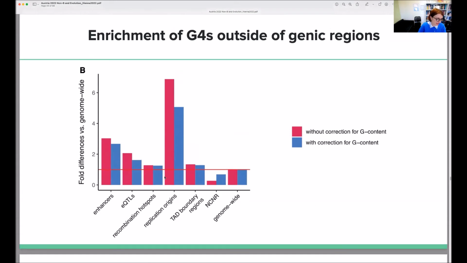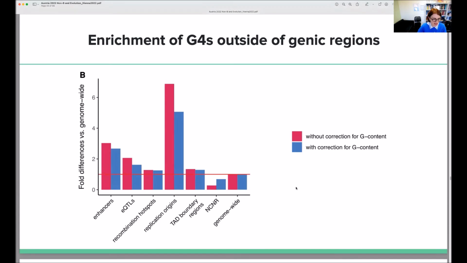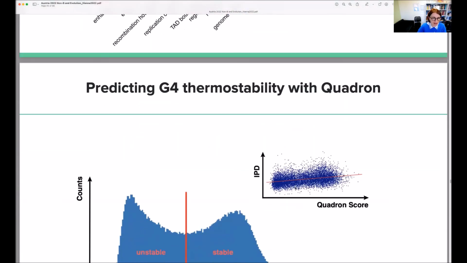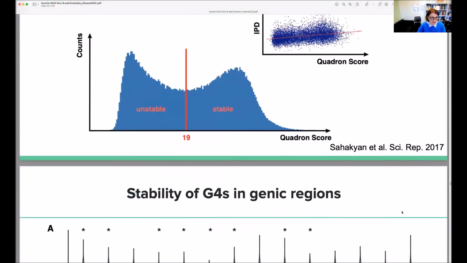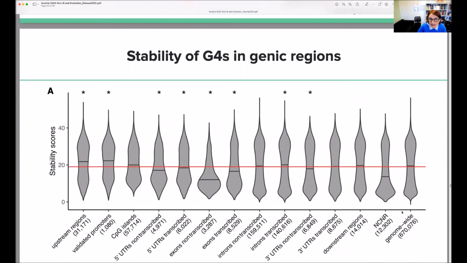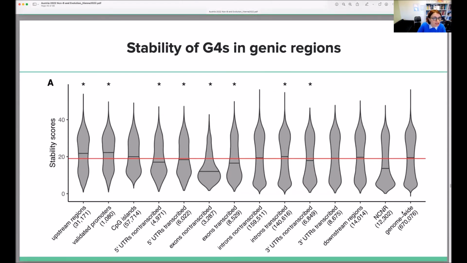Not so much at recombination hotspots, in fact. That was another hypothesis, that non-B DNA might be contributing to recombination, but we are not seeing overrepresentation of G quadruplexes at recombination hotspots. Then remember that we can predict stability of G quadruplexes, and we can classify them into stable versus unstable. And the next thing that we did is we compared the stability of G quadruplexes among different genic